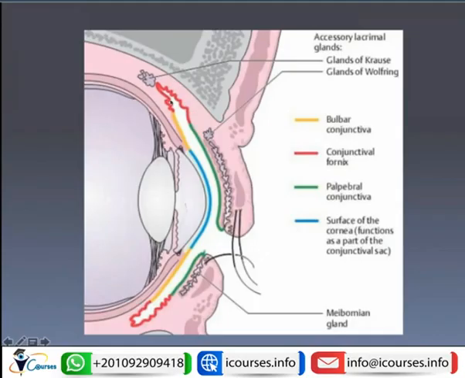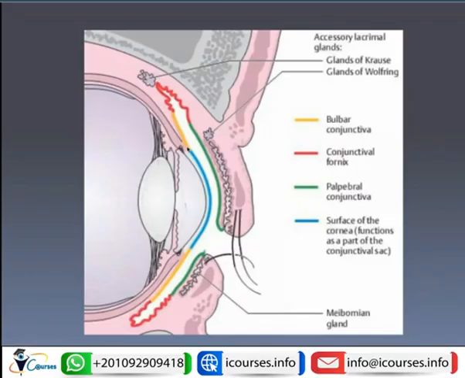Then we have the fornix, which is a continuous cul-de-sac that is opened only medially, and it can be easily swollen by edema or inflammation. Then from the fornix until the limbus, we have the bulbar conjunctiva, which is divided into two parts. The part from the fornix until 3 millimeters from the limbus is loosely adherent to the underlying Tenon, and we have the central 3 millimeters near the limbus, which is closely adherent to the Tenon and the underlying sclera, so you can have a firm grip over the